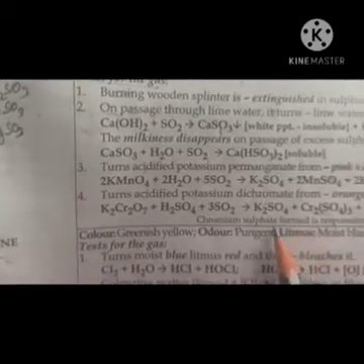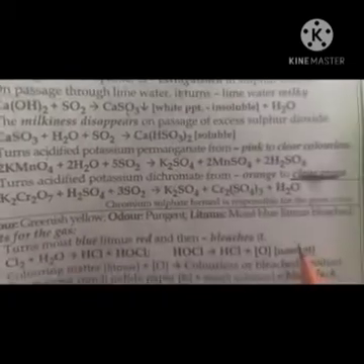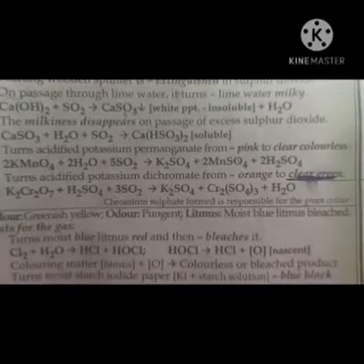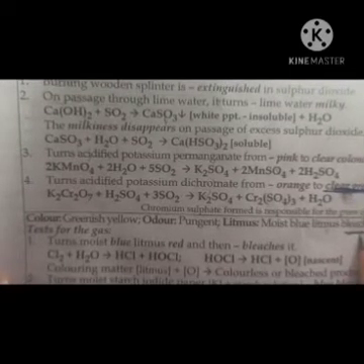right? And odor wise it is a pungent odor, and it also turns moist blue litmus first to pink and then it bleaches. What is the meaning of bleach? Chlorine has a bleaching action, meaning it turns colorless. In place of turning pink, this moist blue litmus paper, when it comes in contact with chlorine gas, becomes colorless. Bleach means colorless because chlorine has a bleaching action, right?